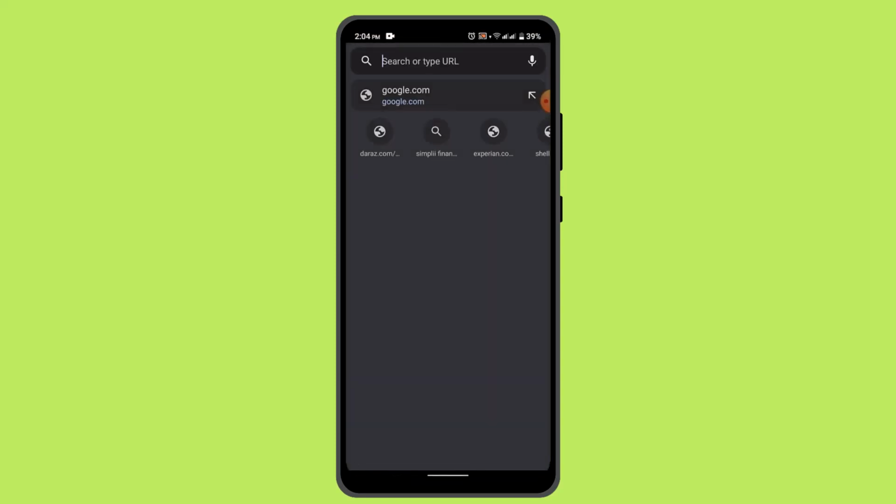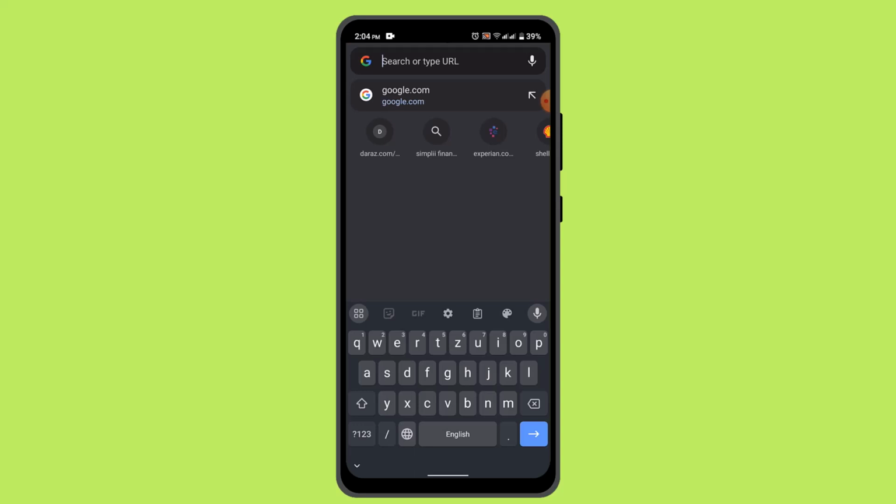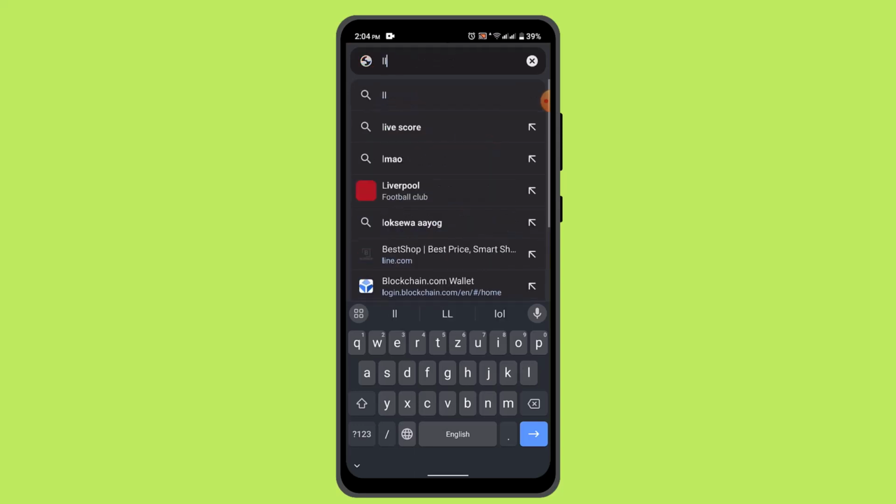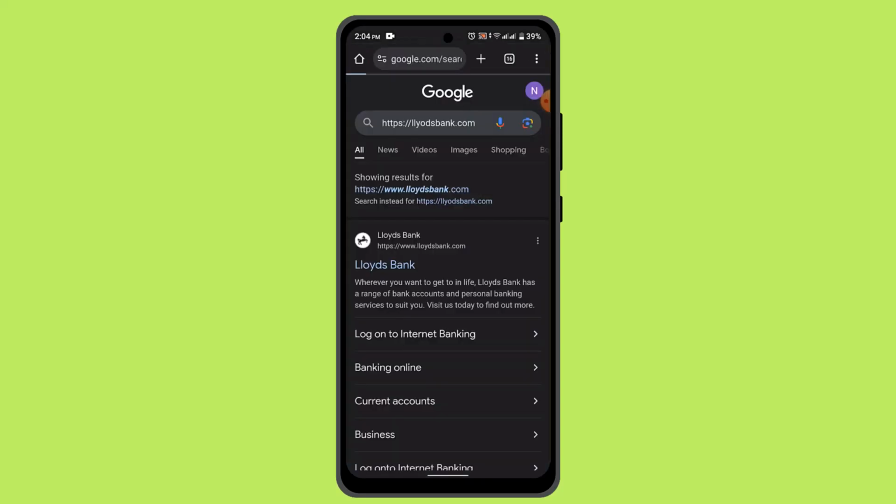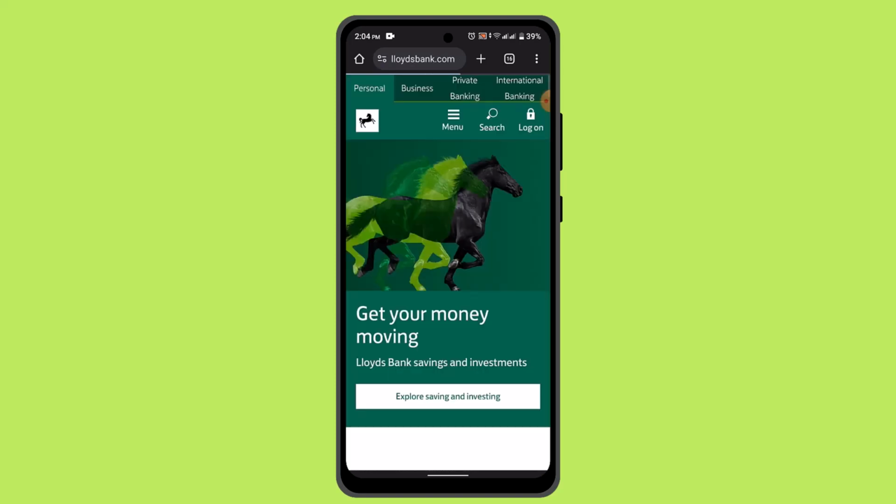In my case, I'm using a browser as the interface won't appear, but you can also use an application. For that, you have to download it. And when you open up your web browser, then you need to type in lloydsbank.com. When you type in lloydsbank.com, it's going to take you to the official page, and here you need to